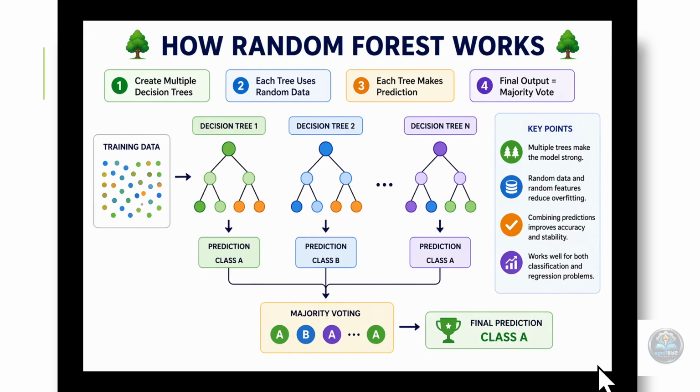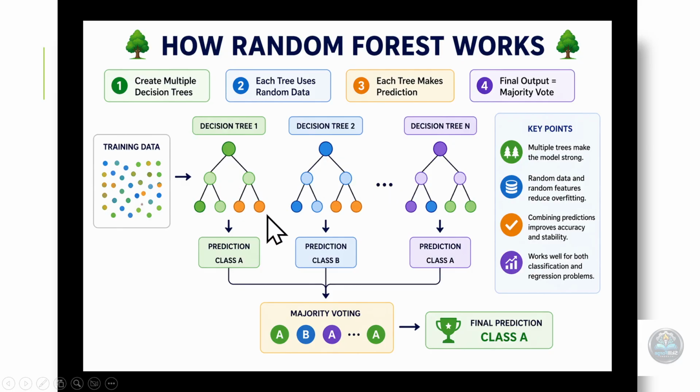In this image you can see that random forest means using multiple decision trees. So we have multiple decision trees instead of just one. This is our training data, you can assume. Instead of using all the data for one tree, random forest creates different subsets of this data. We build multiple decision trees, as you can see, tree 1, tree 2, till tree n, and each tree is trained on slightly different data. So each tree learns different patterns.